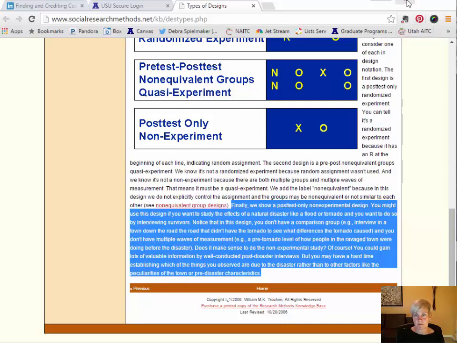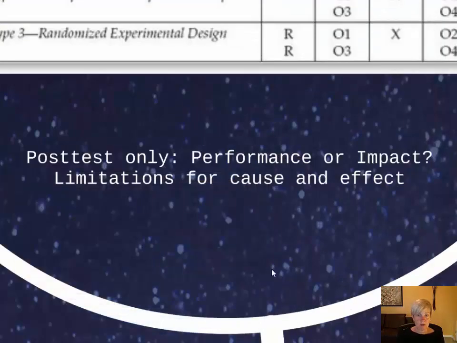Let me bring that back to more of an educational point. So post-test design does give us some information. We can't, obviously there are some limitations here. We can't say that we have evidence for the cause and effect that went on for a big change. But if we give some sort of survey instrument at the end of a particular program, we're conducting an evaluation and we want to know, do you think that this program was worth your time? Would you